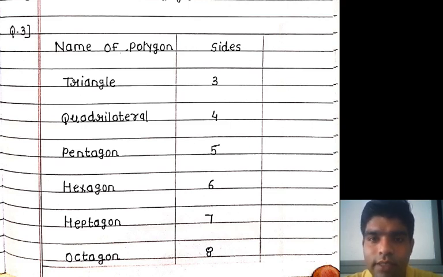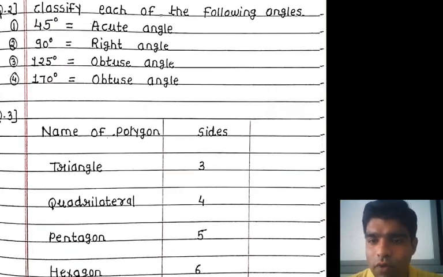Okay, this table is based on one side: you have to write the name of the polygon and the number of sides, and this is a very important table, because once again we have to write the sides. It means that if there are 6 sides, you have to draw a hexagon. If you draw 7 sides, you draw a heptagon, octagon, quadrilateral and triangle. Okay, now let's revise the topic once again.